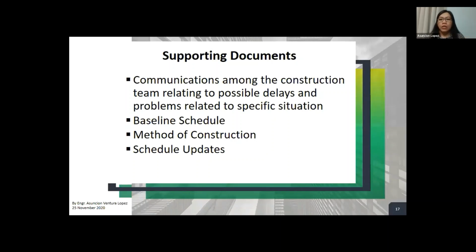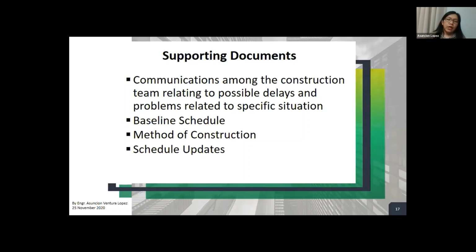So how would you do it? Okay, immediately you send an email. When you send an email, print it the next day and submit an official transmittal or put a covering letter to make it an official document. So it's okay to send an email, but if you think that this email is very important and will be useful later on, make sure that you formalize it by attaching it to a formal letter to make it a legal document.